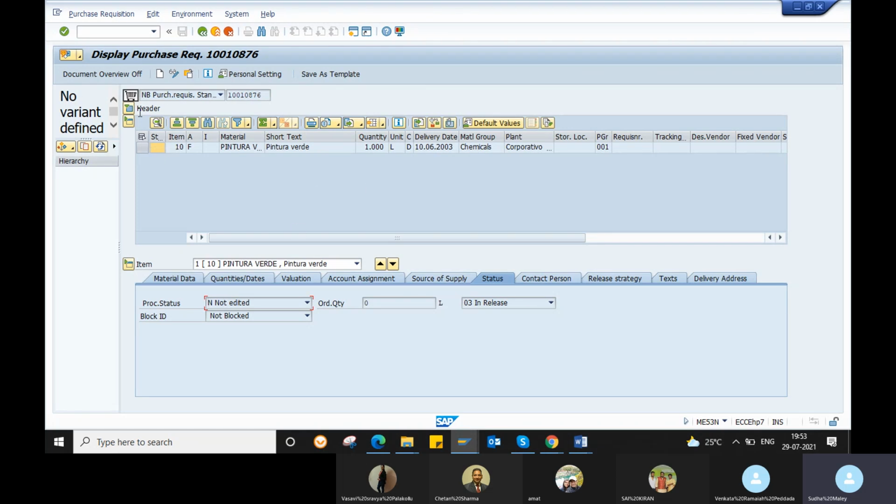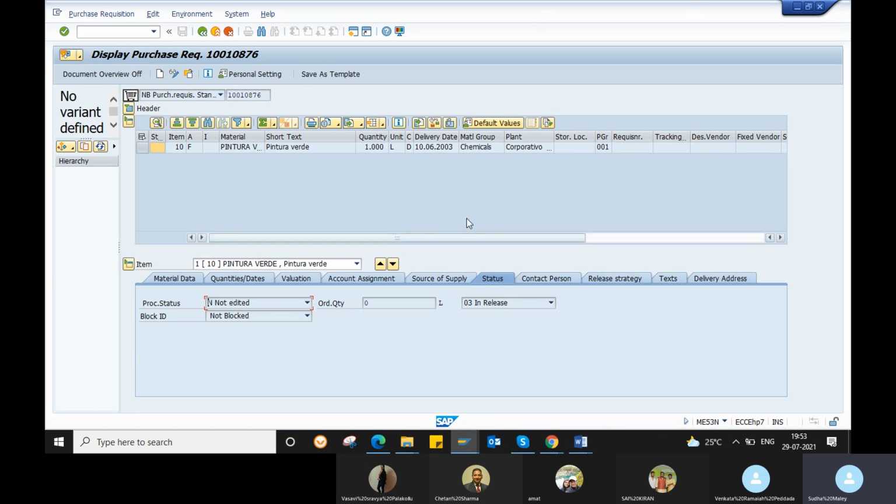For the purchase order, only at header level can you create a release strategy, because it is an external document. You cannot approve for each and every material, so the total document has to be approved for your purchase order. For the purchase requisition, which is an internal document, there are two levels, both header and item levels, where you can create a release strategy.